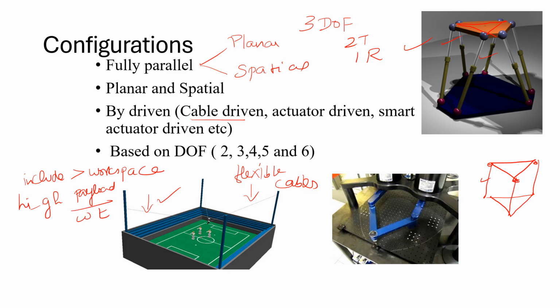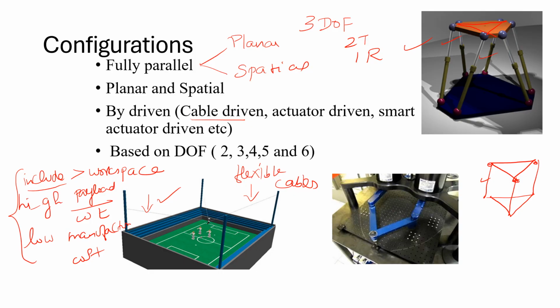And low manufacturing cost, right? So these are the advantages of cable driven manipulators. The first advantage is that they have greater workspace, and they have high payload to weight ratio and low